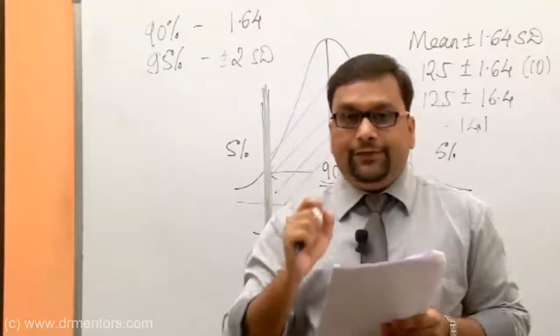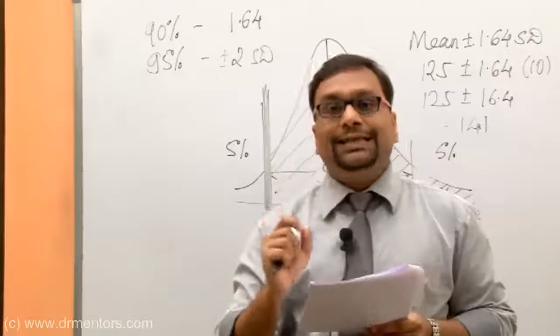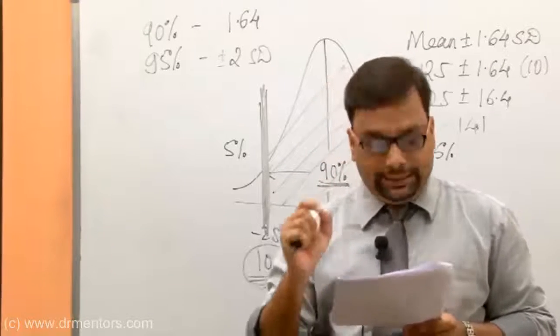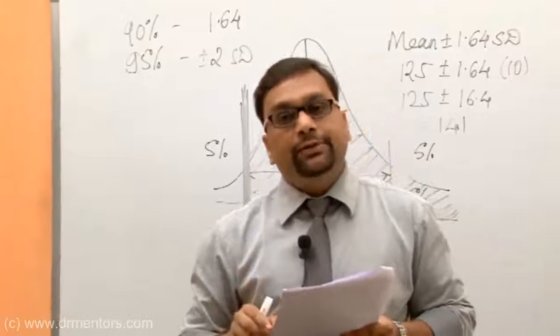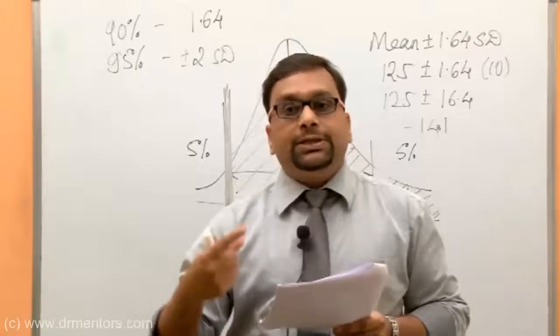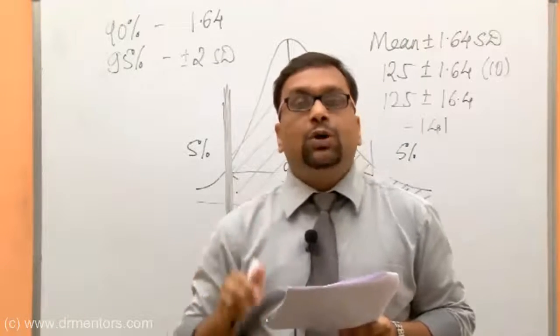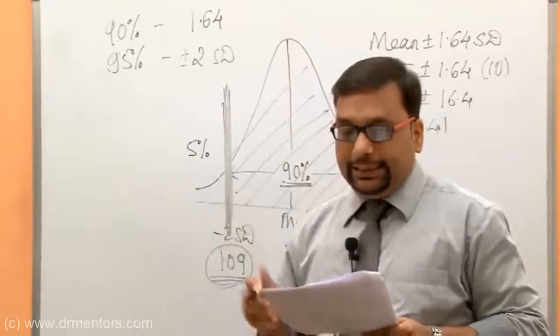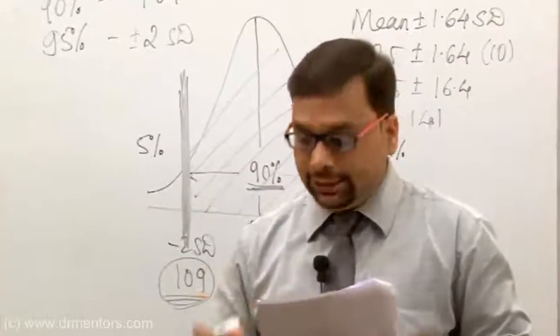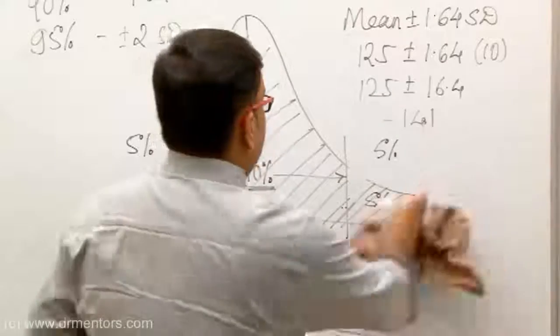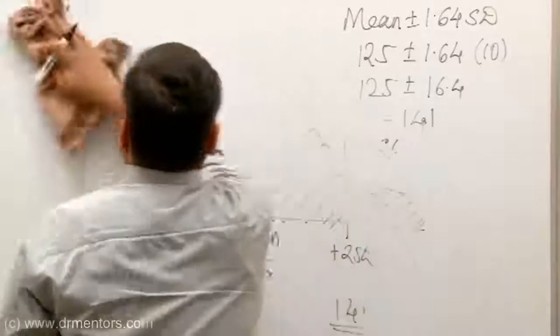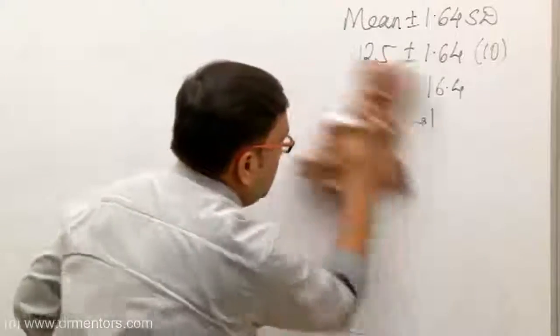So please understand the difference between the questions. Whether they are asking for the 95% confidence interval, that is question number 5, or they are asking that 95% of the population will lie above what level. This understanding you have to build up to answer such questions. In relation to this, I'll give you this concept which will help you to solve future questions also.